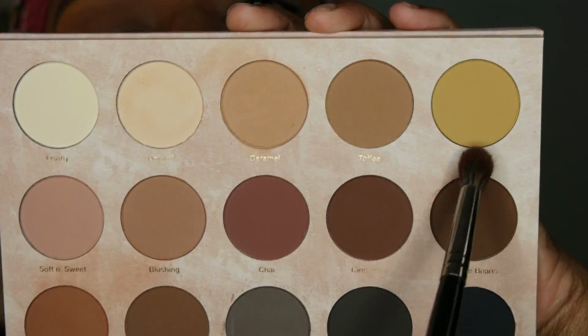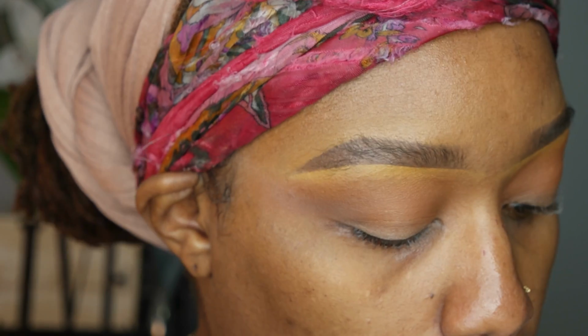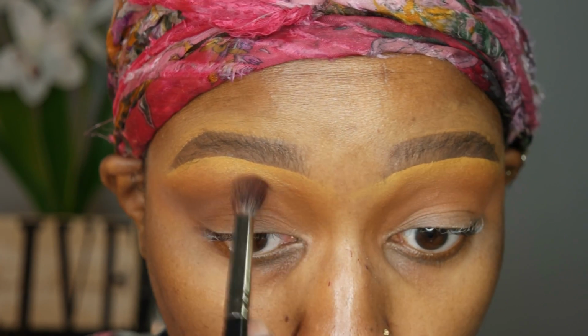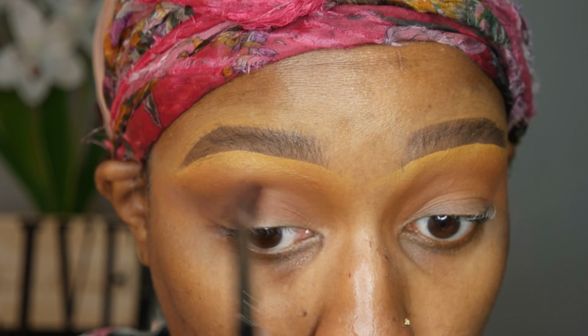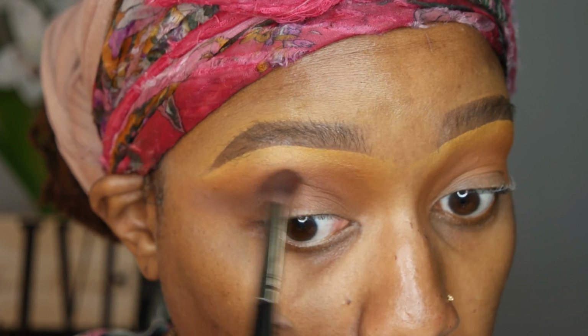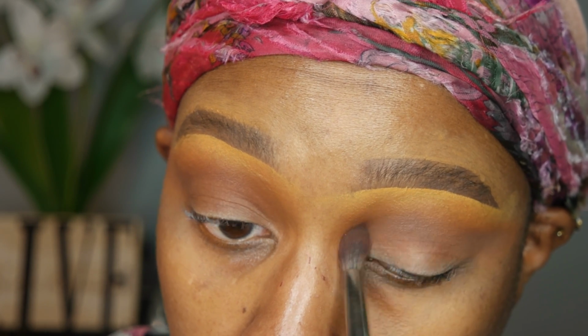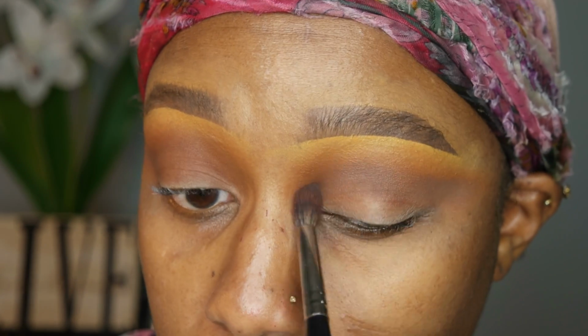Next, I'm going to go into this darker brown shade called Coffee Beans, and I'm just going to deepen up that crease a little bit, just to create a little bit of smokiness, especially since I'm going to cut my crease today. I'm going to go for a nude neutral cut crease. That's the look we're going for. So I'm just going to deepen up that crease because the next thing that we are going to do,